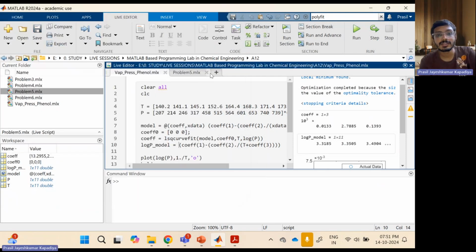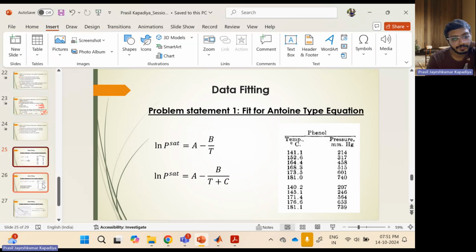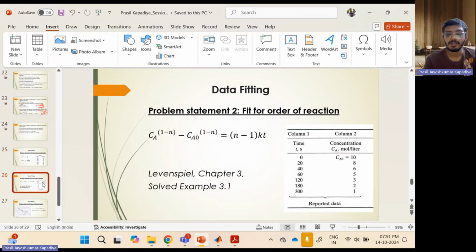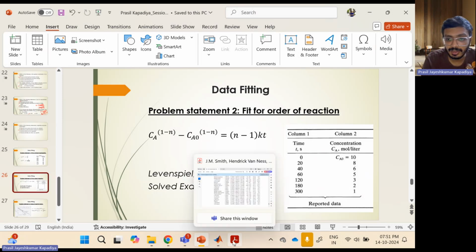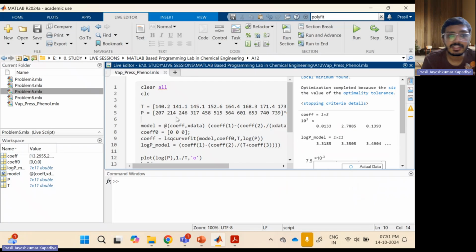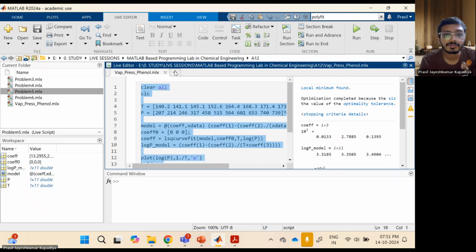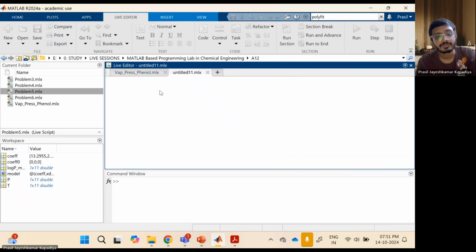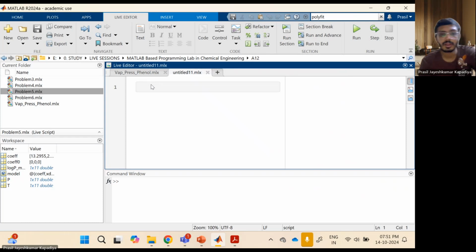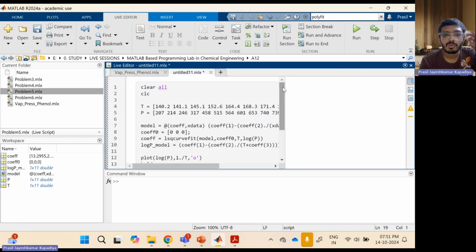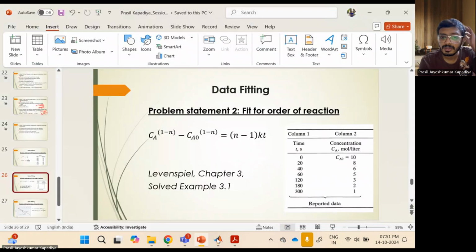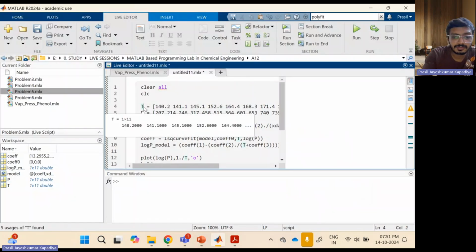Okay, so let's try to solve one more problem. Here we are given the value of time and the value of concentration. This is a problem from your 11th spill. So we are supposed to find the value of the rate constant n. So I will just copy this thing. Okay. So my time t